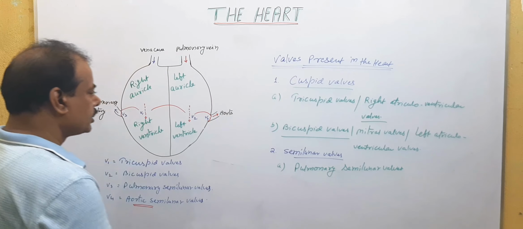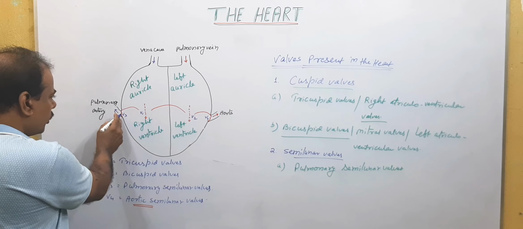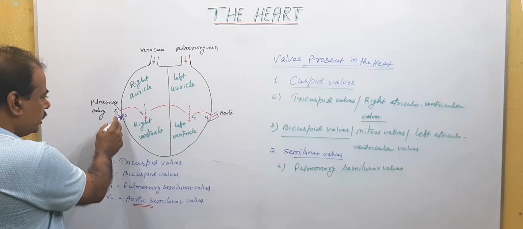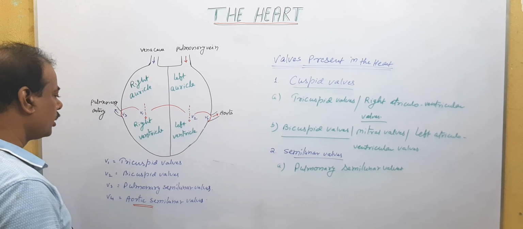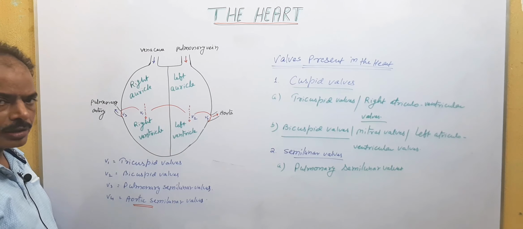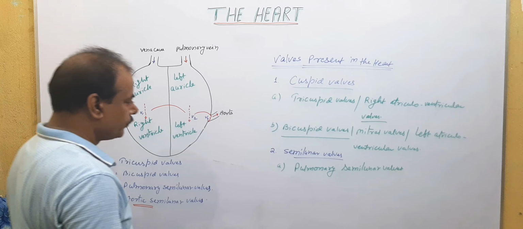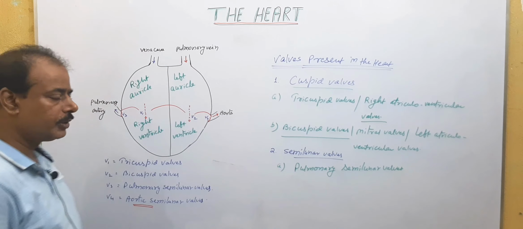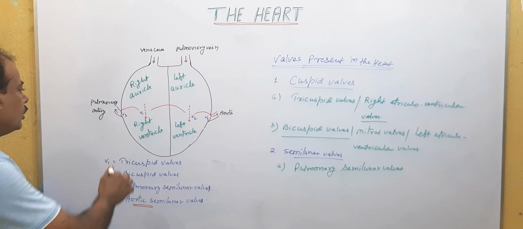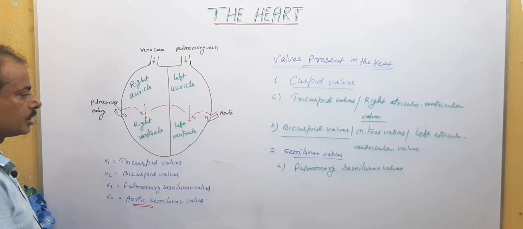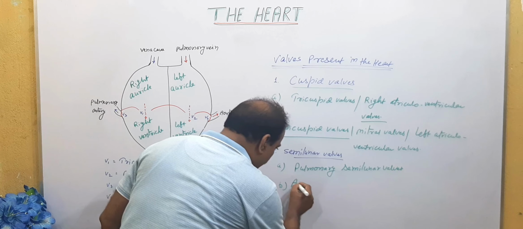Pulmonary semilunar valves, here it is pulmonary artery, and at the opening of the pulmonary artery, here V3, V3 means pulmonary semilunar valve. So pulmonary semilunar valve is located at the opening of pulmonary artery in the right ventricle. It prevents backflow of blood, or you can say it regulates blood flow from right ventricle to the lungs for oxygenation. And next one is the aortic